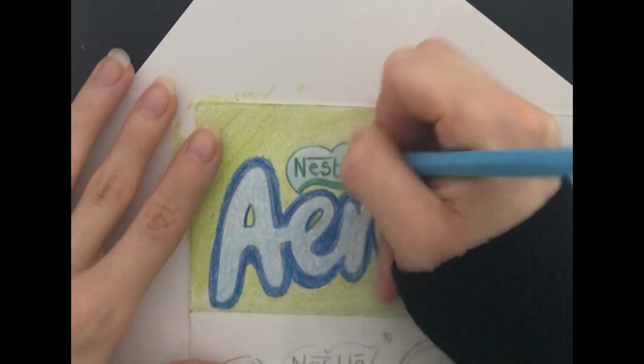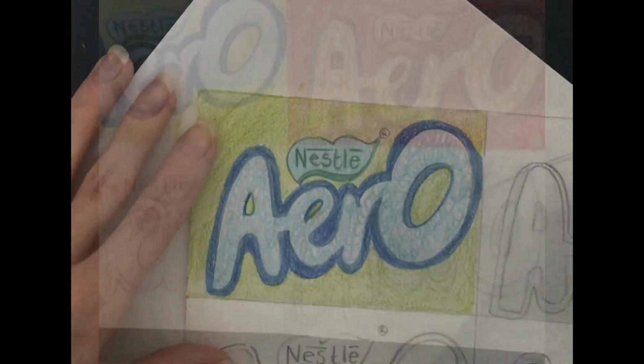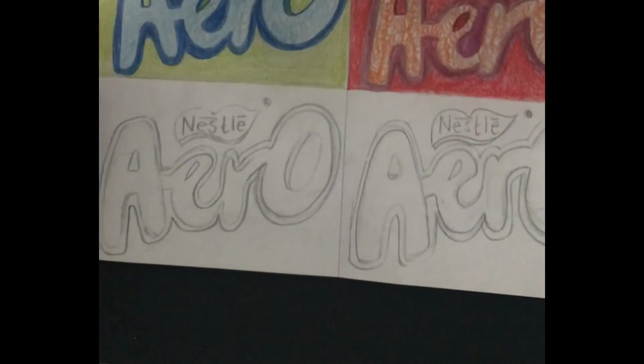So repeat the same colour process for your other 3 boxes using your choice of colours, and you'll have something like this. Here I've done 2 before I ended up with a bit of hand cramp, but ideally you'd like to get your 4 done